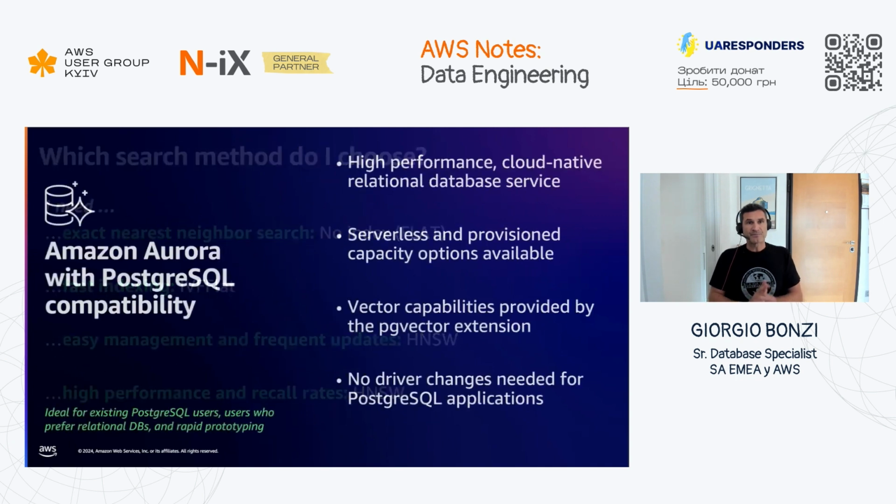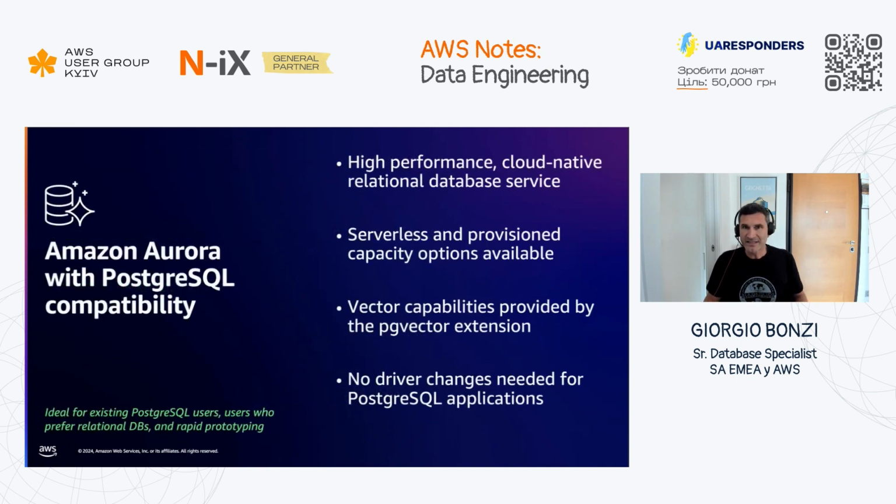Okay, well done. But now that we have seen how similarity search works, we can move on and discuss how Amazon Aurora can boost your generative AI application, leveraging Aurora native features. Aurora, as you probably know, is an AWS cloud native relational database service with MySQL and Postgres compatibility, and it's also compatible with the pgvector extension. And Amazon Aurora provides high performance and enterprise-grade scalability and availability.